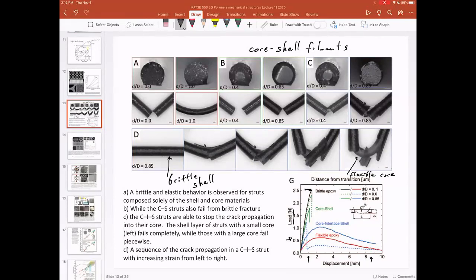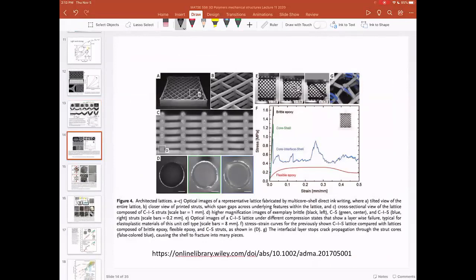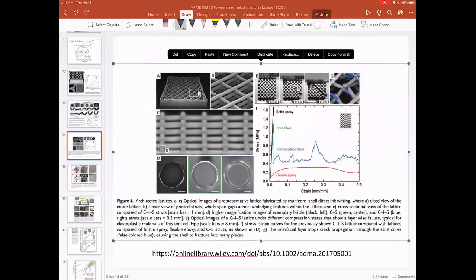But anyway, these sort of composite filaments, or this sort of mixing of flexible and brittle materials, can really allow you to tune the toughness based on what your application is, or allows you to tune the mechanical properties. And so they made these nice lattices, right here, out of these core shell filaments. And so they were able to get,